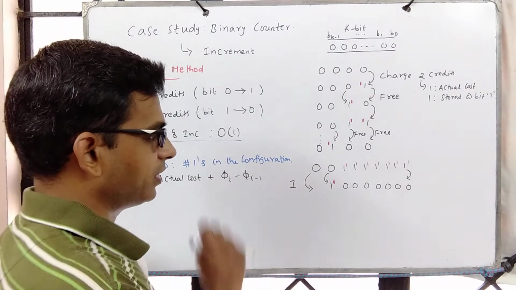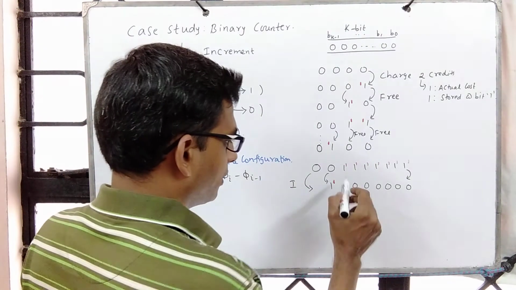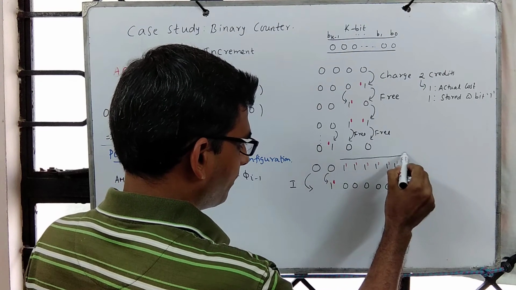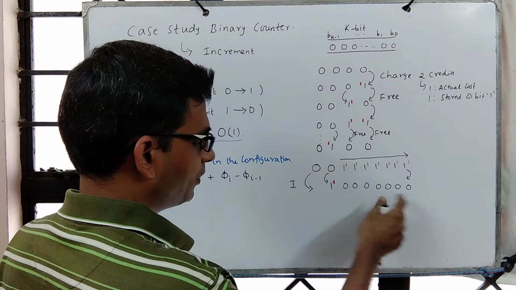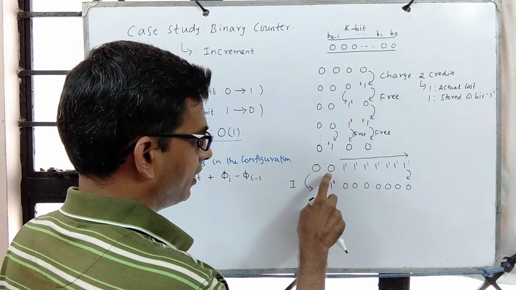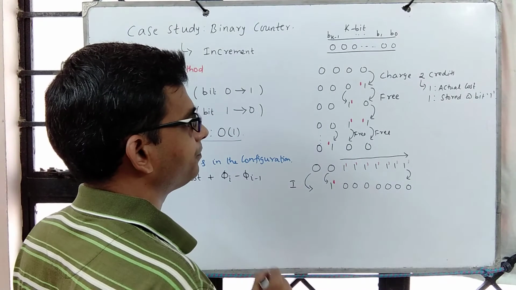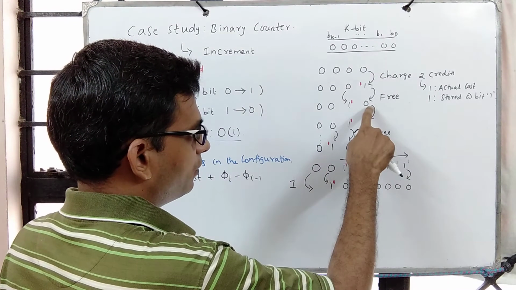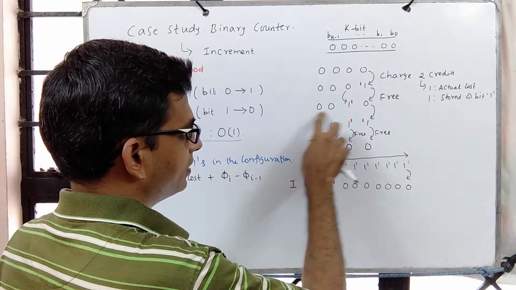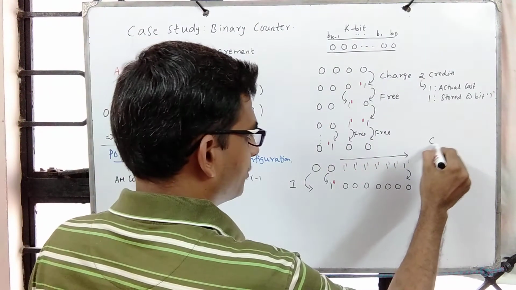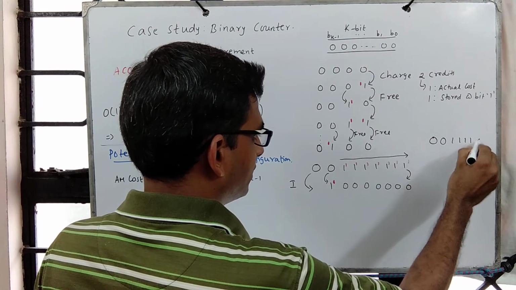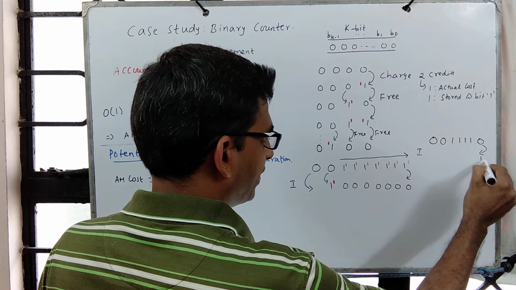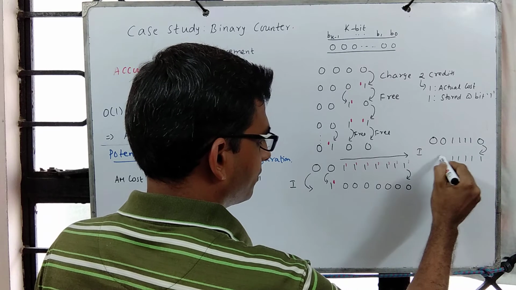So on increment, let's look at what happens. You see that there are so many ones over here, all of them are flipped to 0 and this 0 is flipped to 1. Again, if you look at this, 0 is flipped to 1 and all this is unchanged. Suppose the configuration is this. Now when we perform increment, this 0 alone is flipped to 1, the rest of them are one and the same.